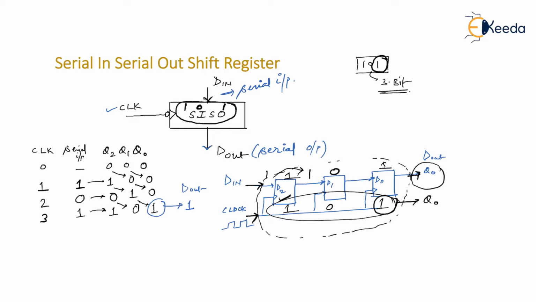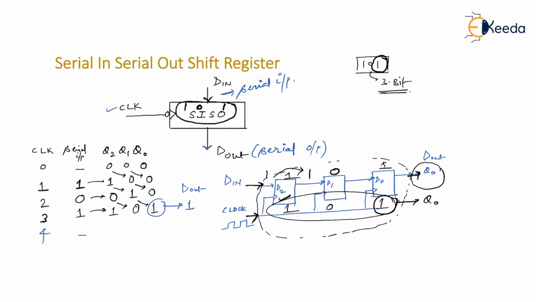But since the data size is 3-bit and only 1 bit I have retrieved, there are 2 more bits which I need to retrieve. That's the reason why I'm going to apply a 4th clock pulse. On the 4th clock pulse, my aim is not to give any serial input. So let me just put it blank, okay? When I'm putting it blank, it does not mean it is 1 or 0. It can be 1, it can be 0. It's just that we don't care what it is.